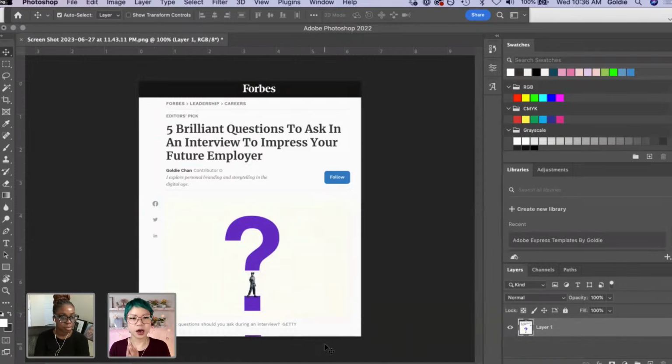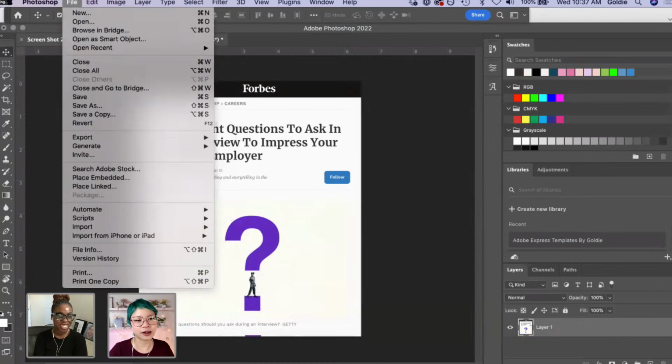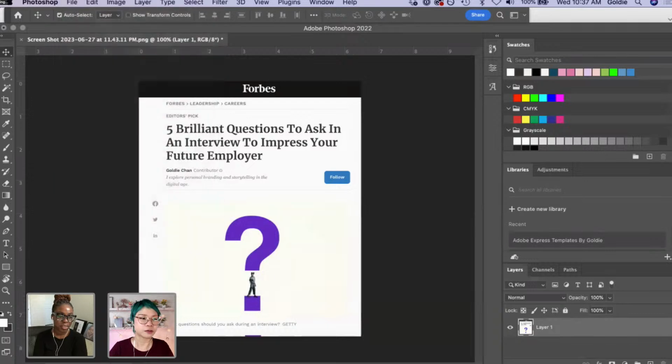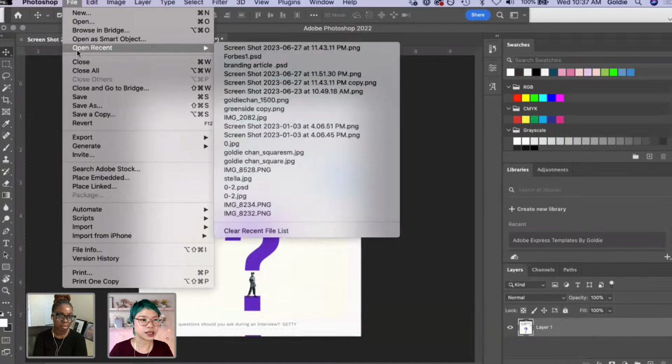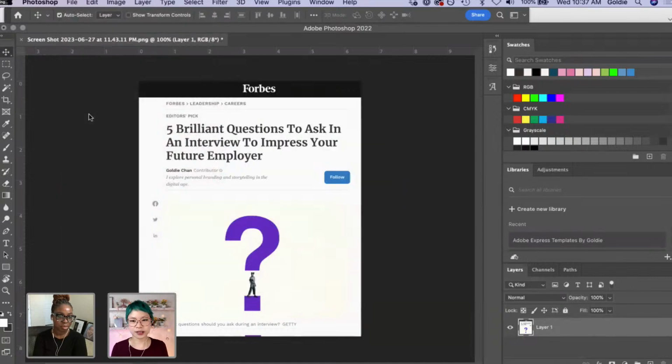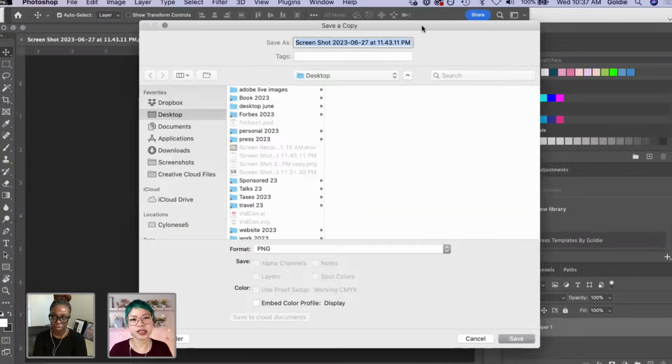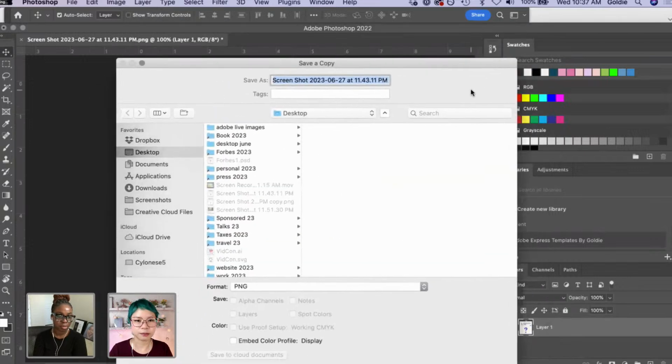Okay, so now we have a pretty clean screenshot that we can use. Took us less than a minute to do in Photoshop. This is why Photoshop is the best. And one thing that'll happen, of course, if you're not familiar with Photoshop, is that if this was still layers and I tried to save it, it would save as a PSD because there are layers. One of the things you'd want to do then, and I'll just show how to do it, is save as a copy, because that way it'll save it as a flat PNG.